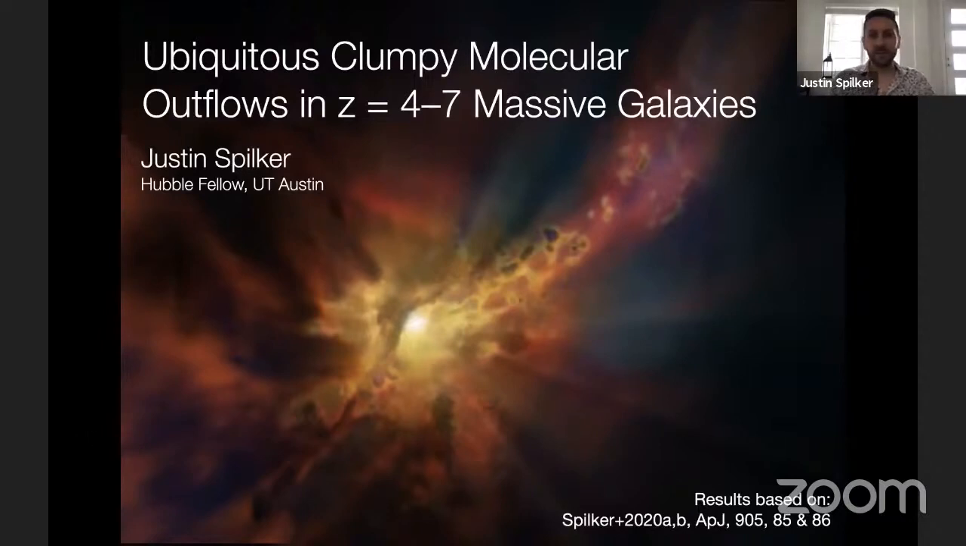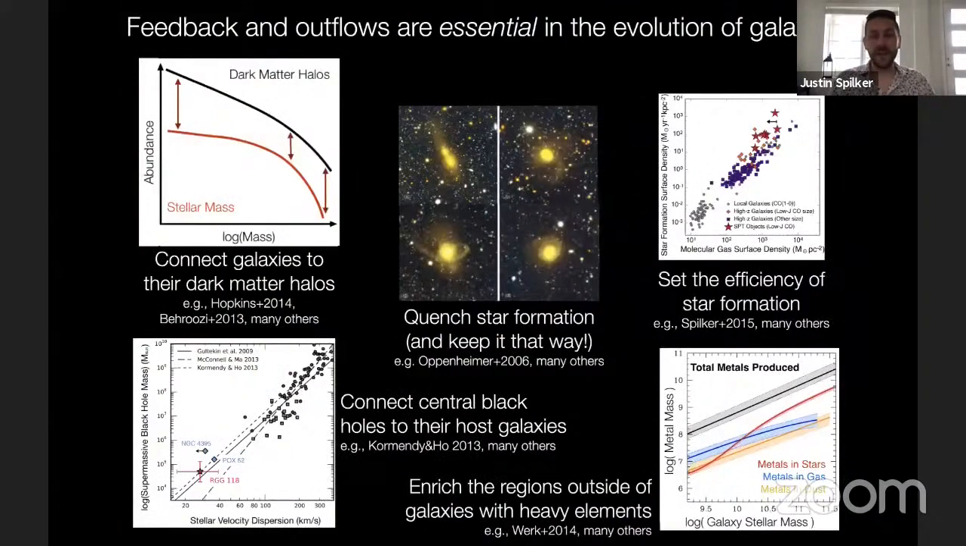This was a project that was really inspired by the realization over the past 10 to 15 years that things like feedback and outflows are really essential for the way that galaxies form and evolve. I don't have a lot of time to go into all the ways that feedback and outflows influence galaxies, but it ends up being this really tentacle scenario where the feedback influences a huge range of observables,